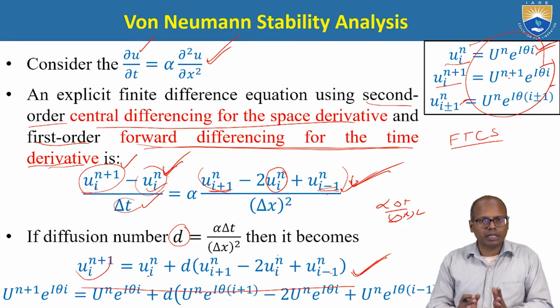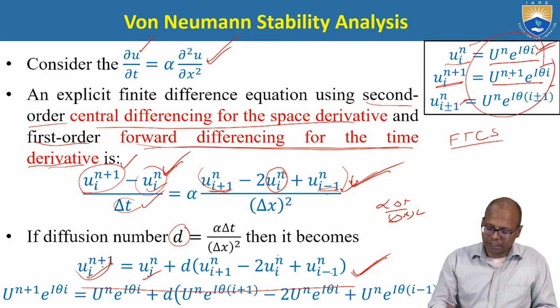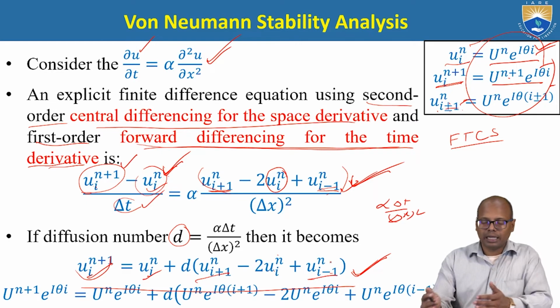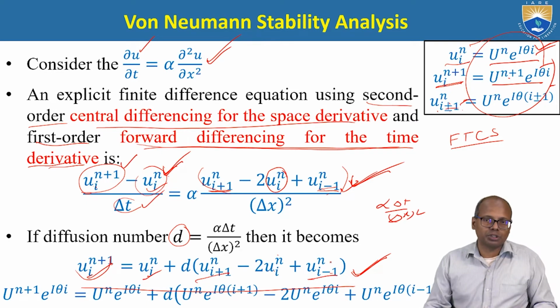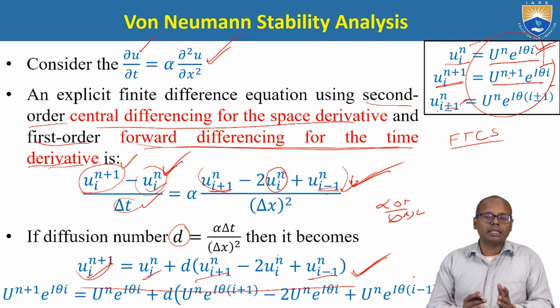So there is nothing difficult here. I am taking the u_i^n value and substituting here, and the u_(i+1) value and substituting in this place, and u_(i-1)^n substituting here. Like this I am taking the values and substituting. Now if I substitute all these things, the equation will be in the form of the amplitude. So we need the